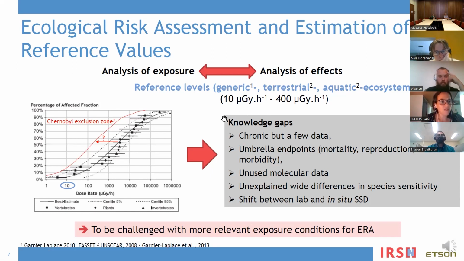This latter has been determined using a species sensitivity distribution with available chronic data, but even if it's of main interest, some knowledge gaps remain, such as the number of data,